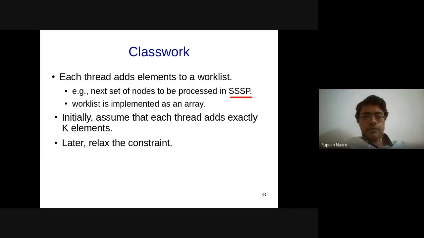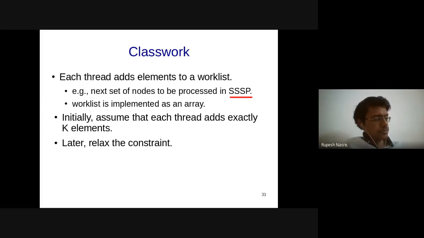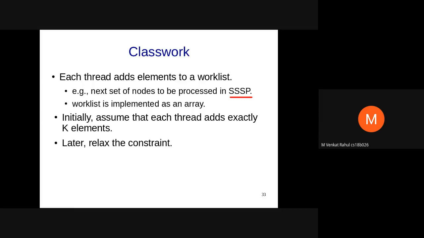Sir, I have a question, but it is generic and not related to this particular classwork. Sure, go ahead. Sir, if I want to create some struct, or if I am having a linked list, is there any possibility of making sure that the linked list is allocated on the shared memory instead of global memory? Because I read online somewhere that linked lists are not really preferred, operations on linked lists are not preferred to be done on GPUs, and there's some constraint on that. Is that true?